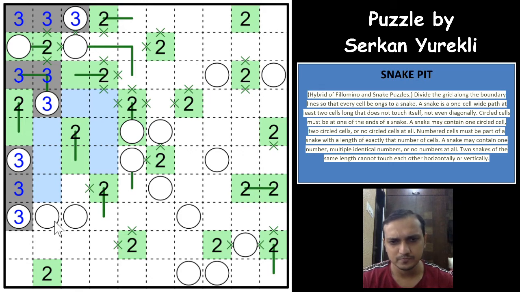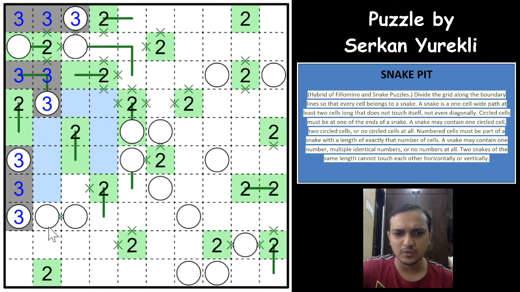Okay, and I can say one more thing is that it's all about eliminations, right? So you have to use, with the help of the cross mark here, these two cannot touch each other or cannot be one part of the snake, because then you'll have a two cell snake wide, two cell long, and then it will touch the other two cell long, right? So this has to be a cross here.